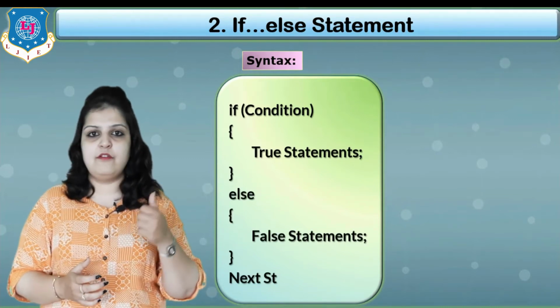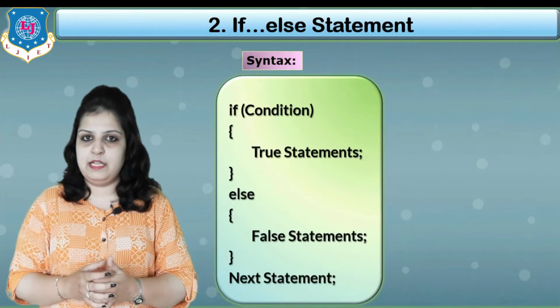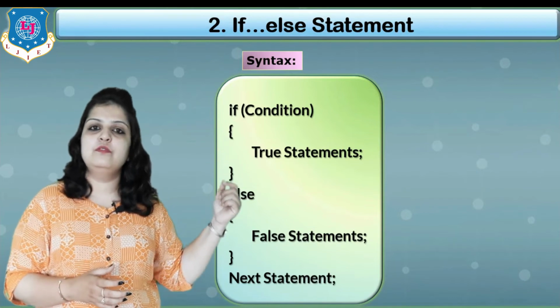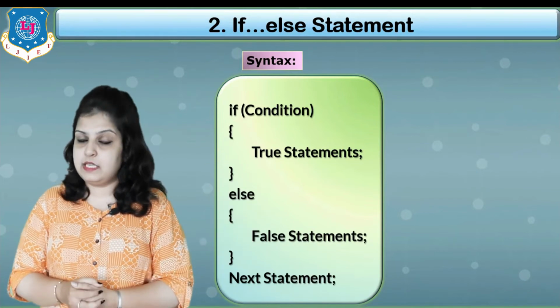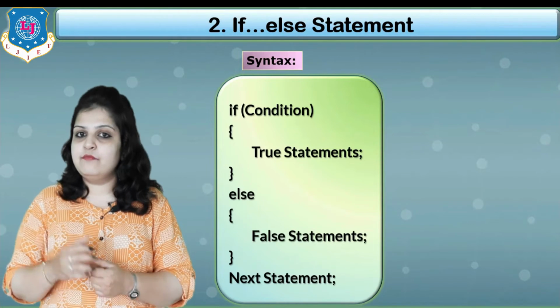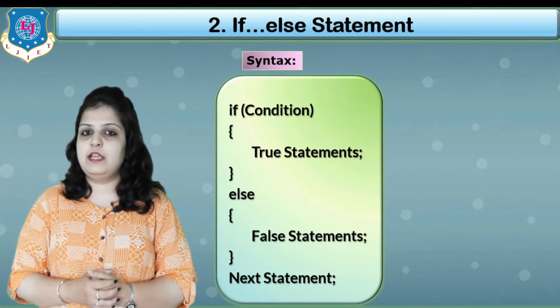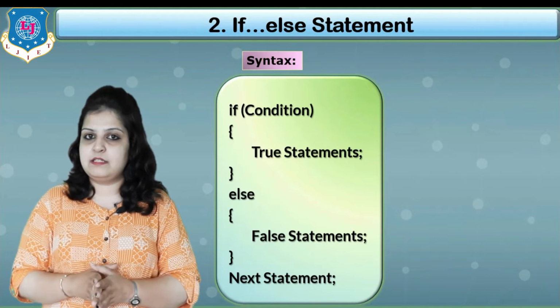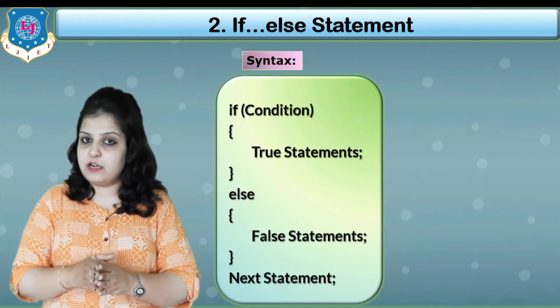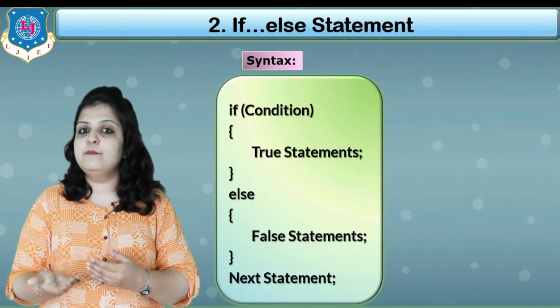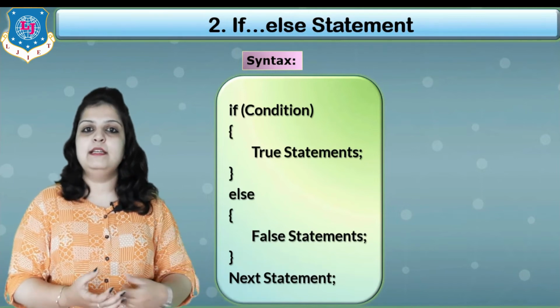The same thing we have to write like the previous simple if. And if the condition is true, then the true statement will be executed. Now we have to add one else part, that is our false part. And in else we can write our false statement. Means if your condition becomes false, then what you want to print, you have to write in your else